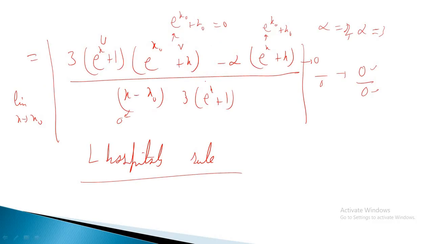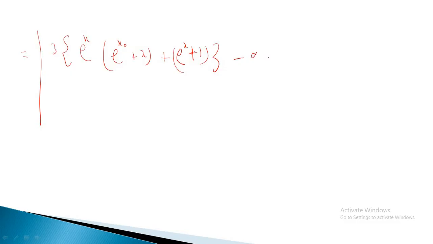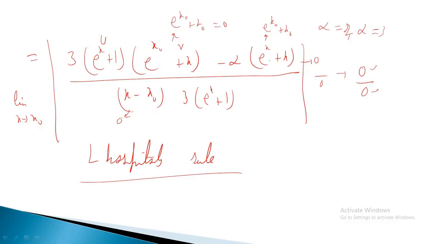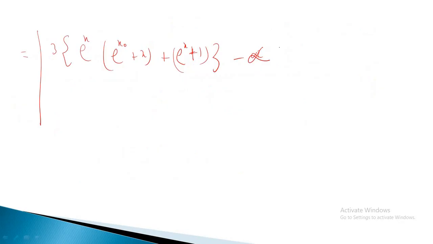Now we'll differentiate the next second term, that is negative alpha, that's constant. Negative alpha times, if we differentiate e raised to power x, it is e raised to power x. For x we'll have differentiation 1, it will be e raised to power x plus 1. So it will be e raised to power x plus 1 divided by